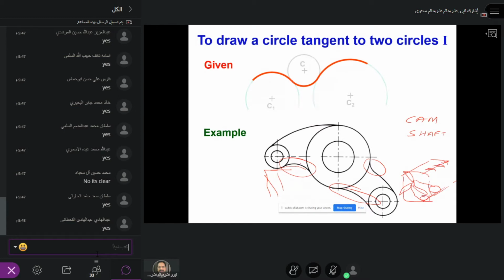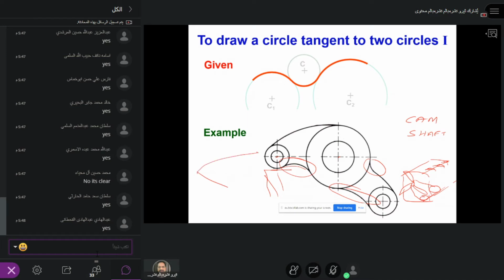Our job is how these arcs are made in a cam, because cam designers are very important people in the industry. If you go, you will know cam design is a very difficult job. I was a cam designer for a year or so, 2 years, and it was a horrible period, very very horrible.